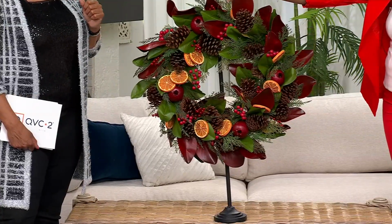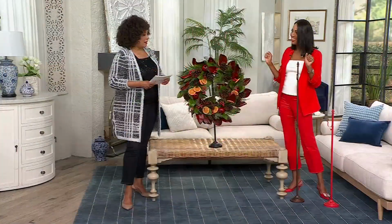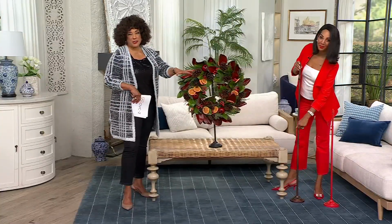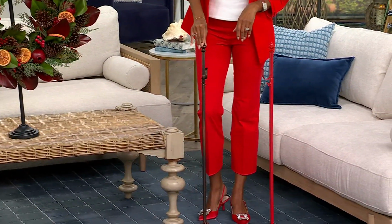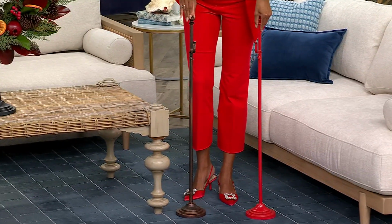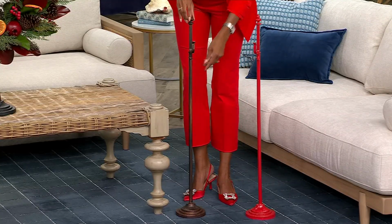It's that beautiful, beautiful wow moment, I think. Yeah, I agree. And the fact that you can adjust it from about 3 feet tall to just shy of about 6 feet tall is terrific. So wherever you're placing it, however you want to position it, and then you simply put the wreath right on top of it. The fact that we've got 3 colors available for you too,